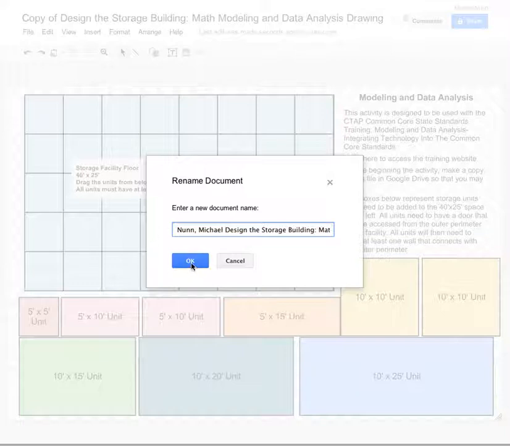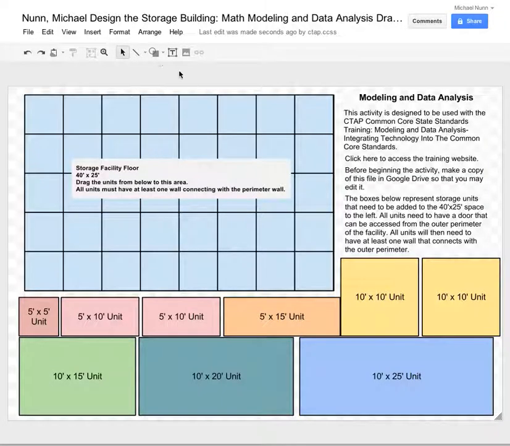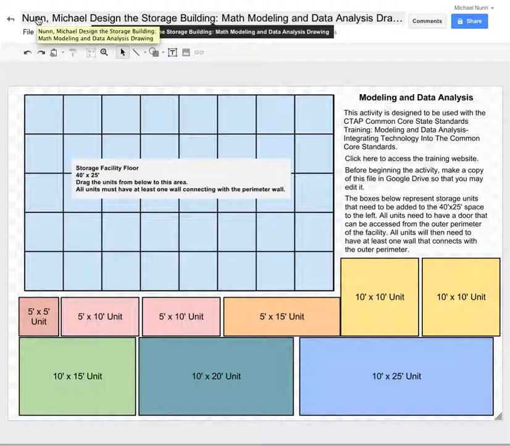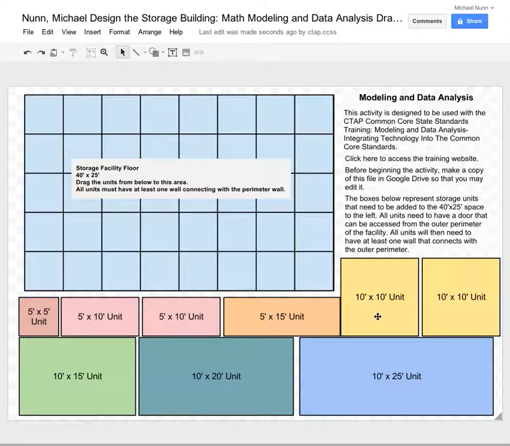If I see a big list of files, I'm going to go ahead and say OK, and now this again is now saved within my Google Drive with that name there, Nunn Michael, Design the Storage Building, Math, Modeling, and Data Analysis, etc. So now what we can do is we can start dragging the storage units onto the